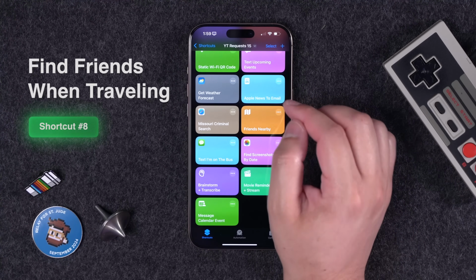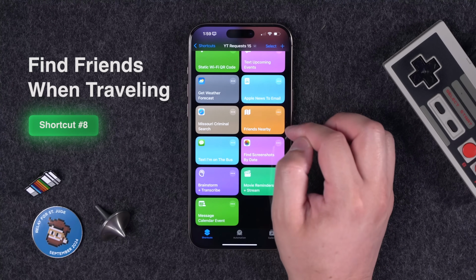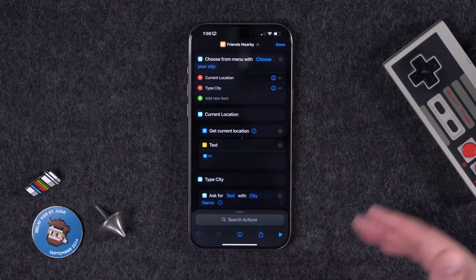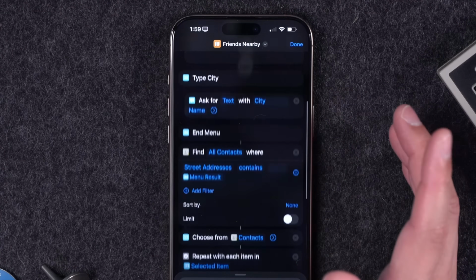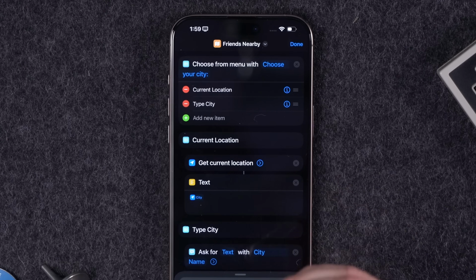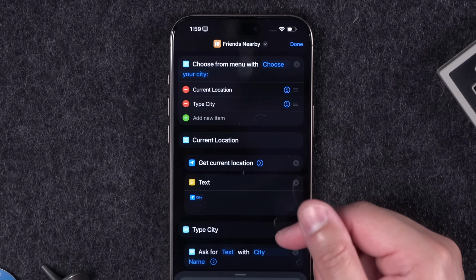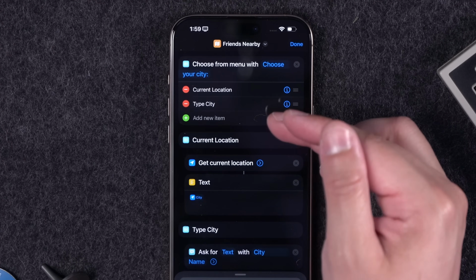Next, this comes from David in the YouTube comments. He travels a lot and wanted to know when he's traveling if he could search his contacts and find out who he may know in the area or friends that are nearby. Now you do have to choose a specific part of the contact card that you might have saved. So what I've created here is a shortcut where you can specify the city, either type it or you can use your current location,